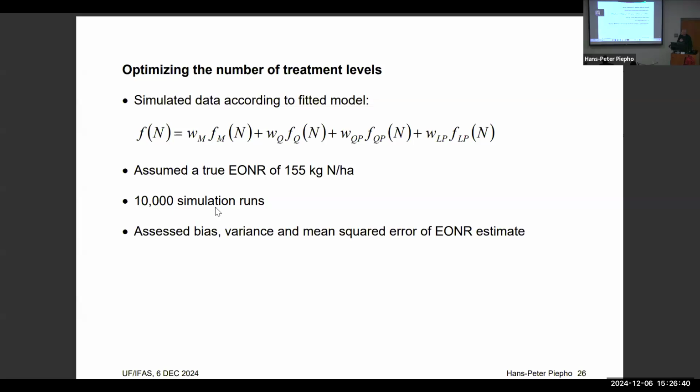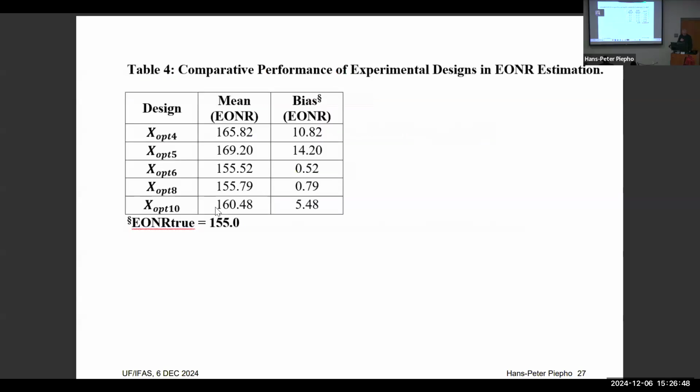And in the simulations, we assessed the bias, the variance, and the mean squared error for the economic optimum rate estimate. And here's the result. So this should be mean squared error. So the mean squared error is lowest when... oh, this is the economic optimum. This is bias. So here's the bias. The bias tends to go down. It's going up here again, which is somewhat surprising. But the optimum in terms of bias is when you do 6